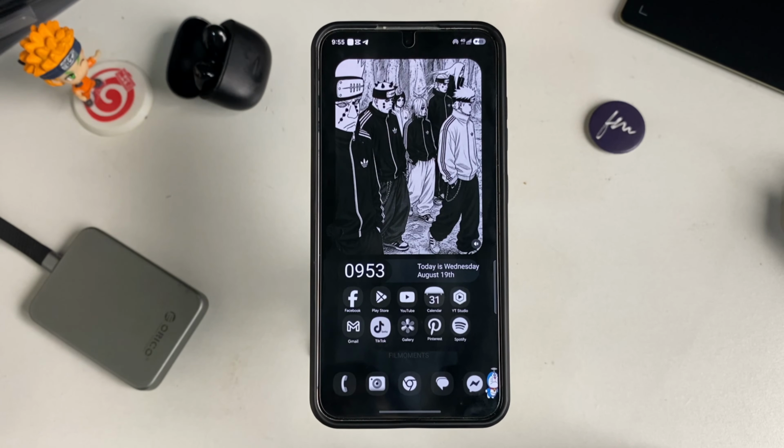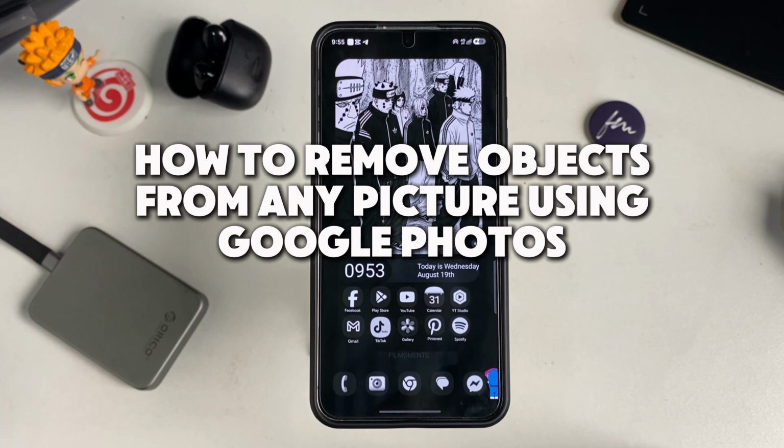Hey guys, Moments here. In this video, I will show you how to remove objects from any pictures using Google